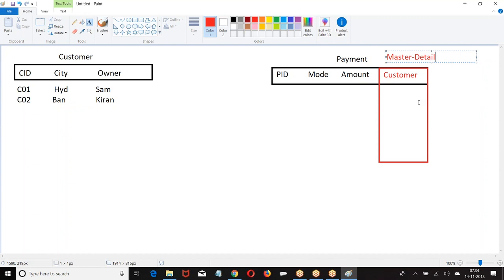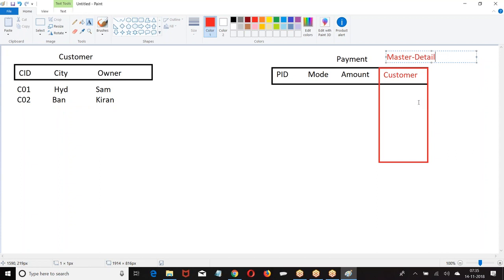One course, many students. The relation should be created on the student object. One service, many service line items. The relation should be created on the service line item. Are you getting my point? Always the relation should be created on the many side. One company, number of employees. The relation will be created on the employee object. One credit card, number of transactions. The relation will be created on the transaction object.